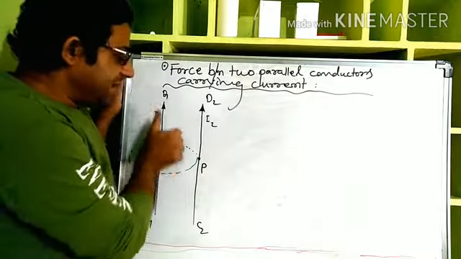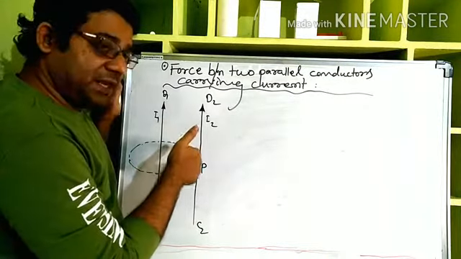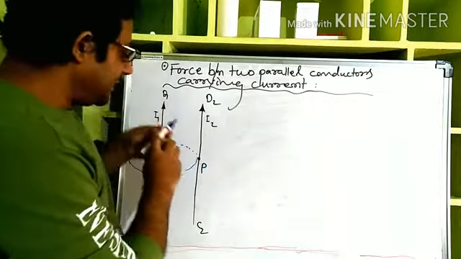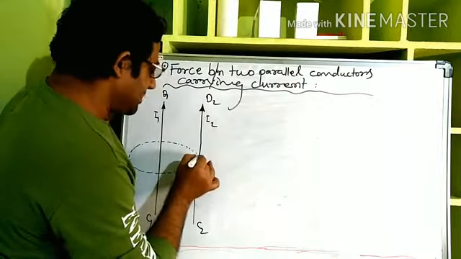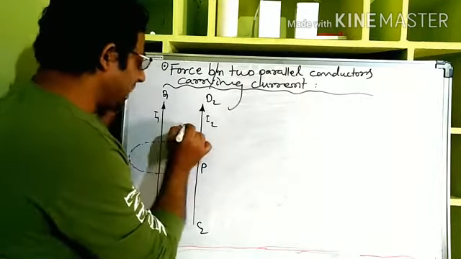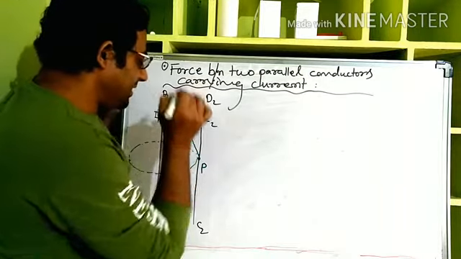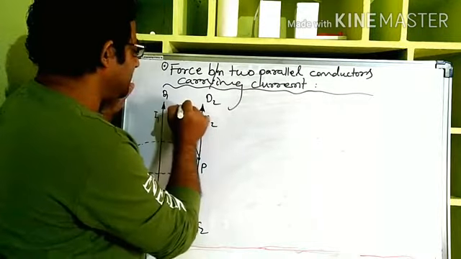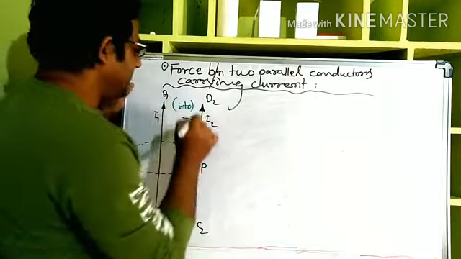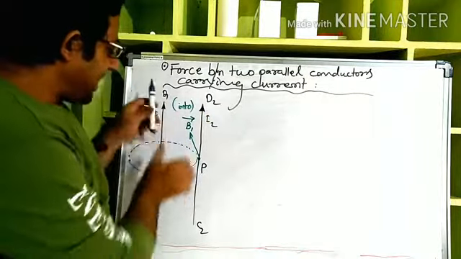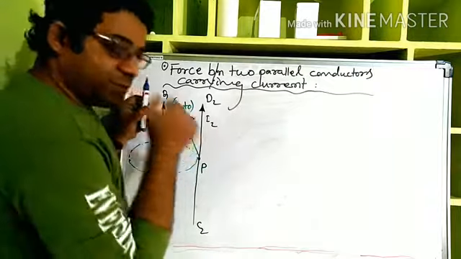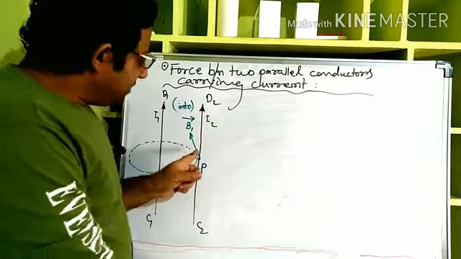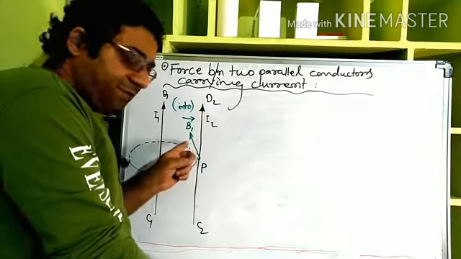See, this is your current direction and you curl your fingers. So the magnetic field induction at P due to I1 will be into the board, right? So into the board like this, that I am showing. Let us say this magnetic field is because of I1, so I am writing B1, and this is actually not in this direction but it is into the board. In 2D I am showing it like this, that's why I am writing it as into. That means B1 is into the board. This is the I1 direction, you are turning it, so it is going into the board, right? Now at P we have got the direction of the magnetic field.